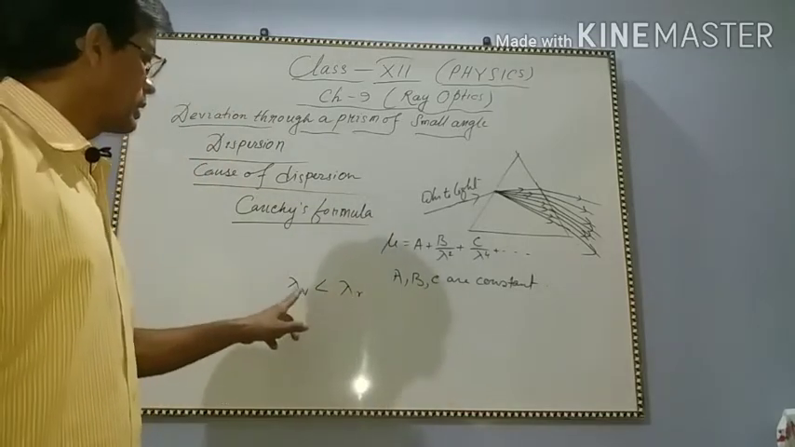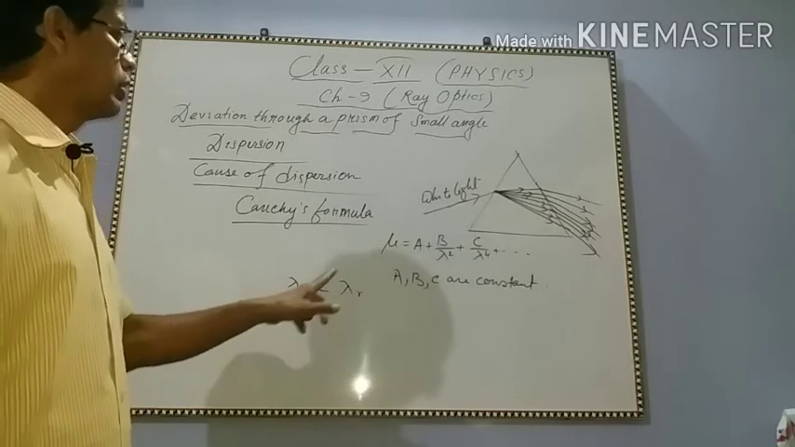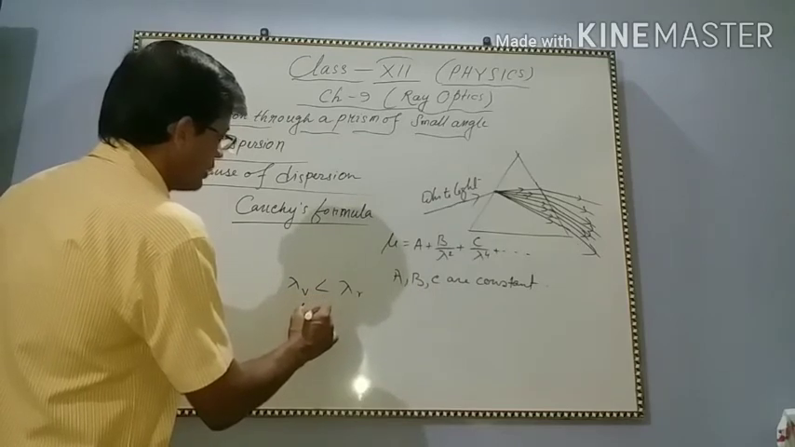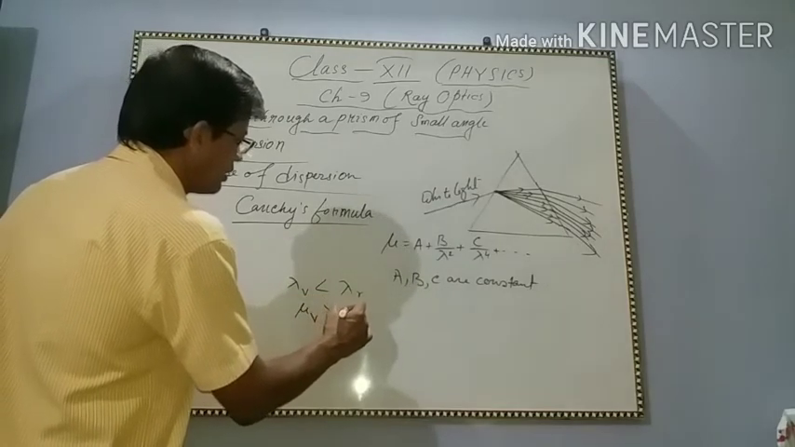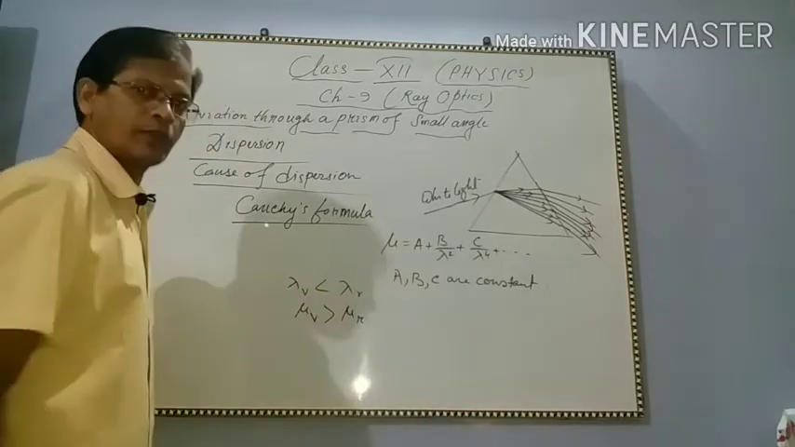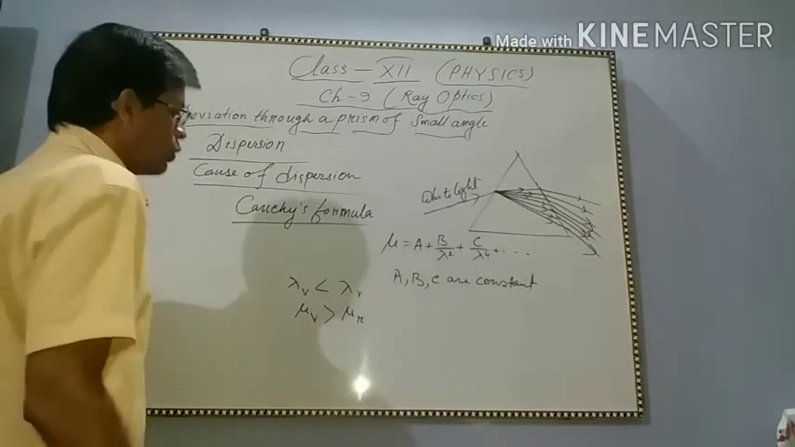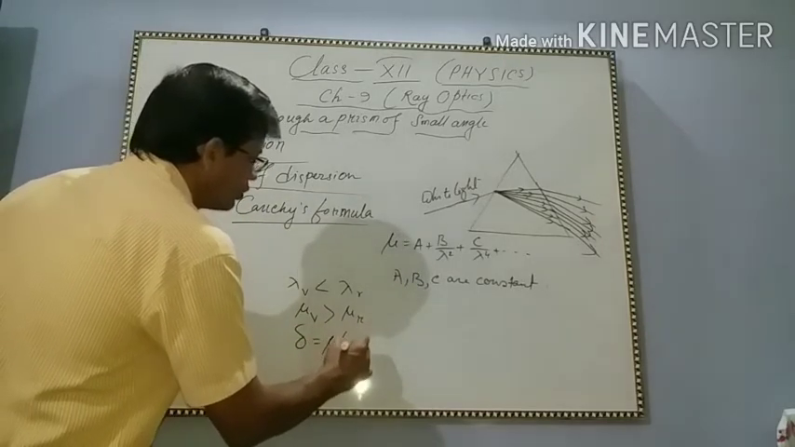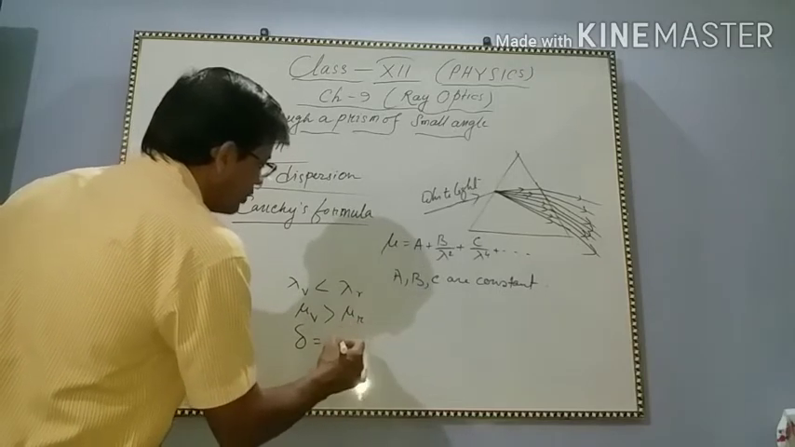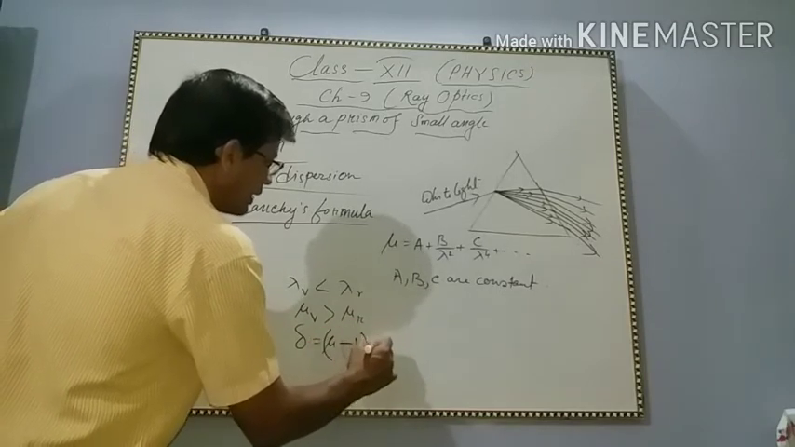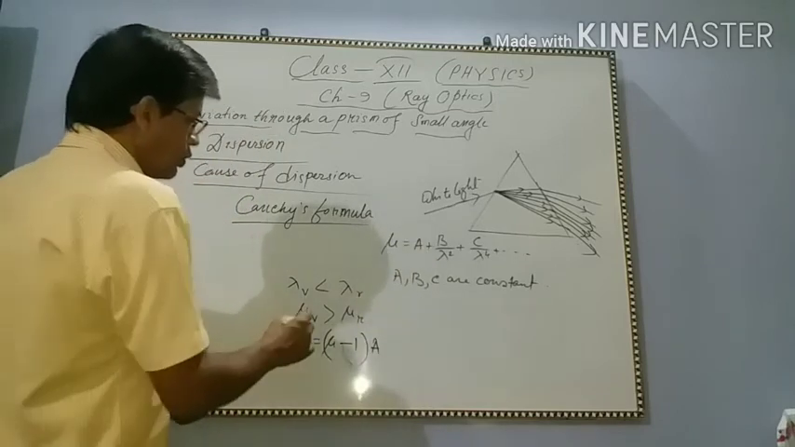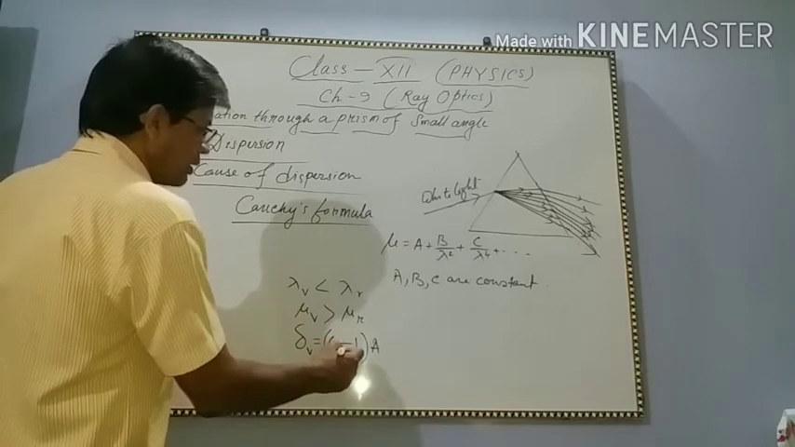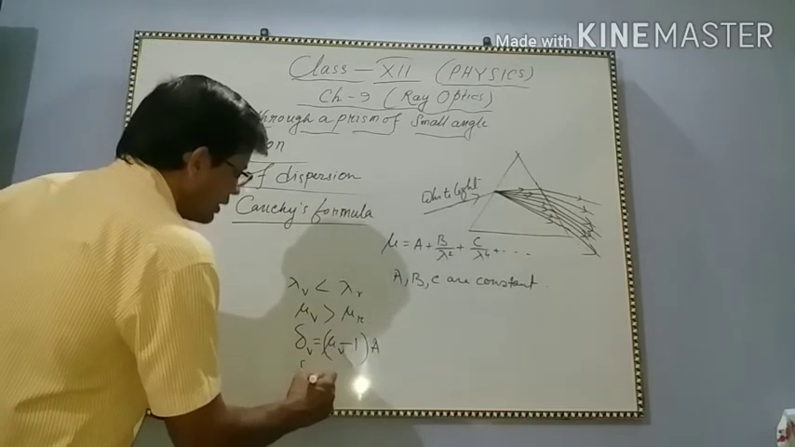Wavelength for red is more than wavelength for violet. So from this relation, what can we write? Mu V is greater than mu R. Okay. Now what is the deviation? Delta equal to mu minus 1 into A. So for violet this will be, and for red this will be